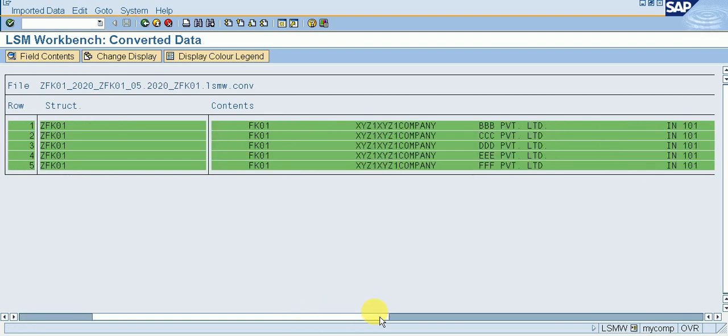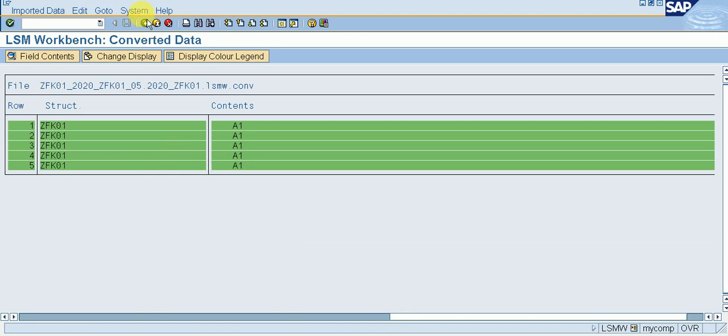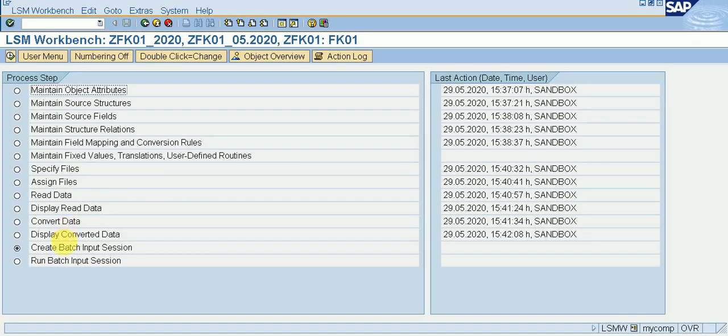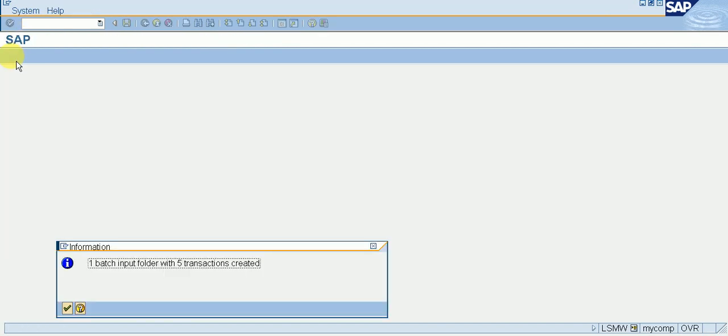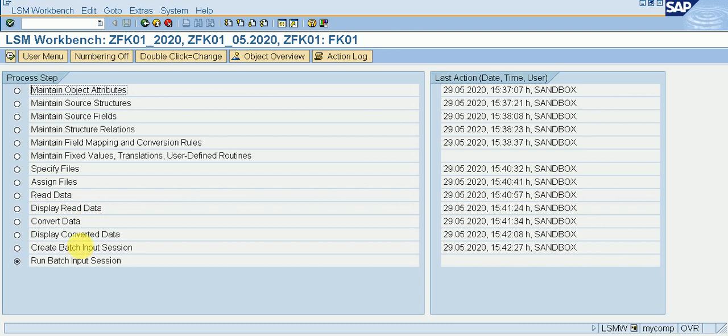So go back, click on create batch input session, execute it, then again before executing it, keep batch input folder checked, then execute it. So we can see one batch input folder with 5 transactions created. Execute it, then again click on run batch input session.